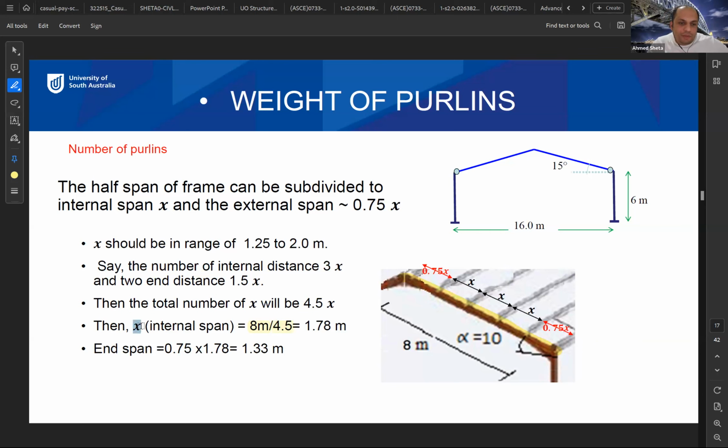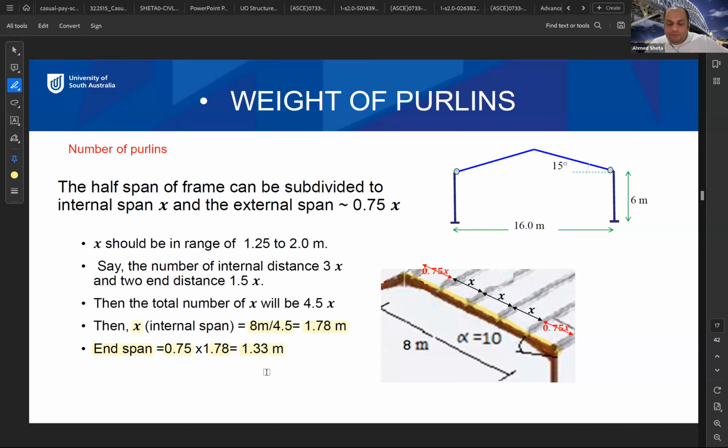So x, or the internal spacing, is the span of the beam divided by 4.5, and you get the purlin spacing as 1.78. So the external spacing will be 0.75 times the value we got as 1.75, which is 1.33 meter. Okay,